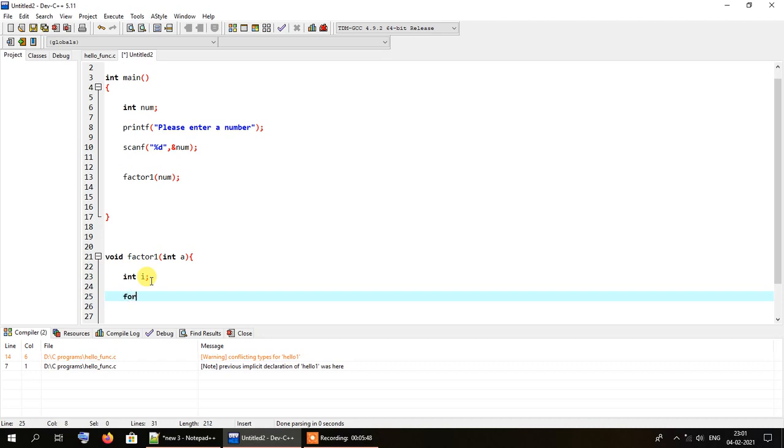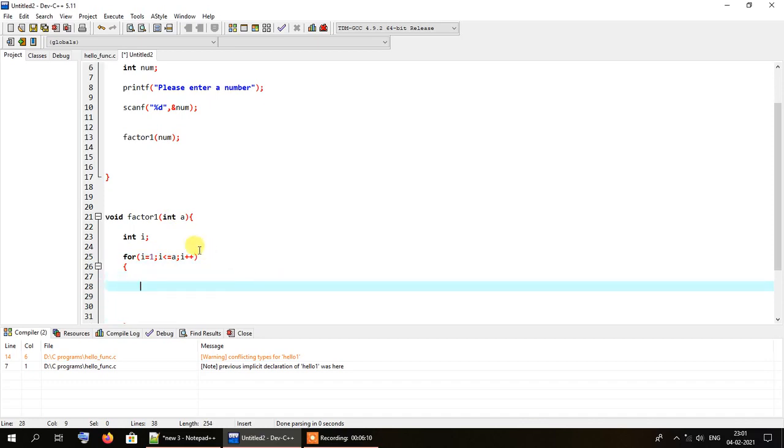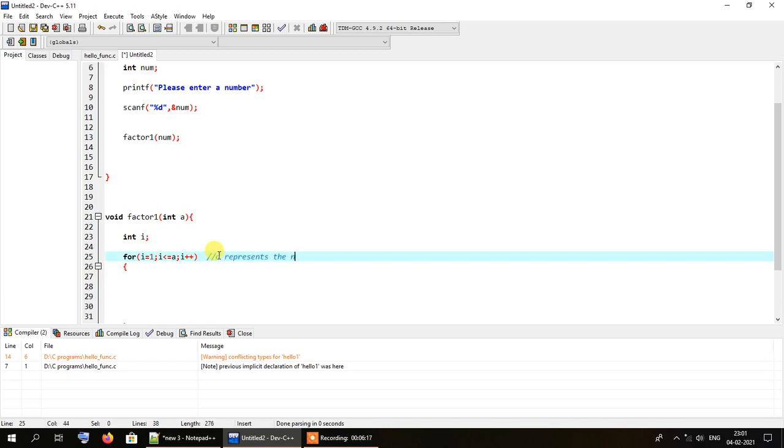So first of all let me run the loop from i equals 1, and I said that the loop will execute all the way up to the number itself. Here the number in question is a, so the loop will execute from i to a, and here we will check. Here a represents the number, so let me write it over here. a represents the number whose factors are to be determined.